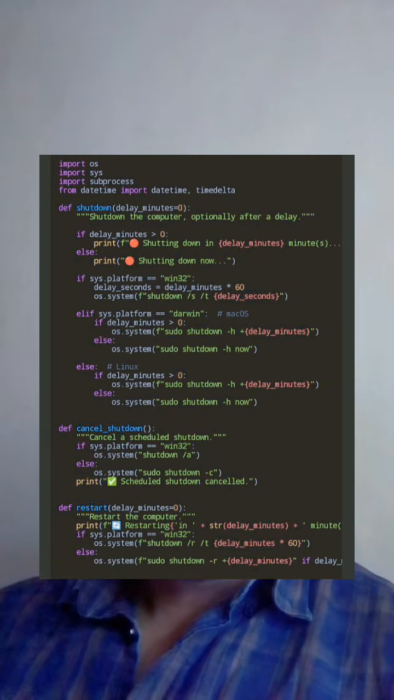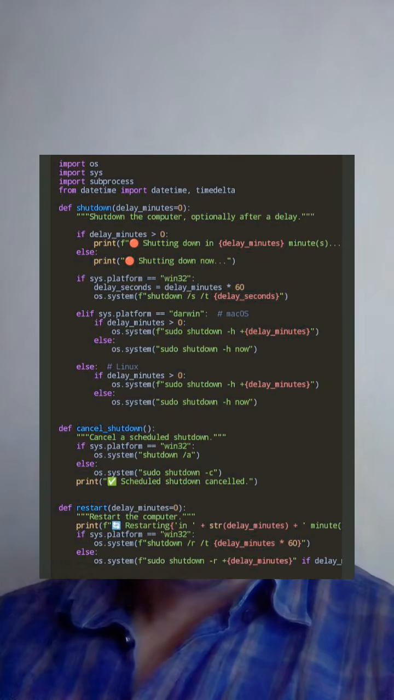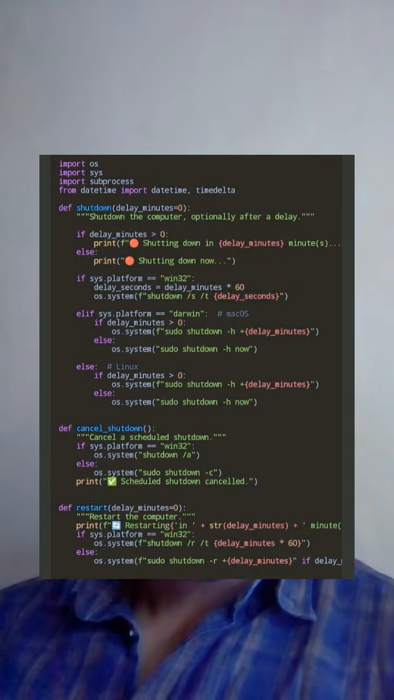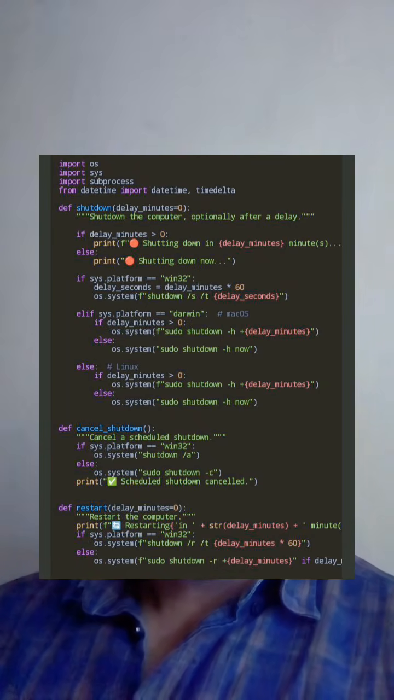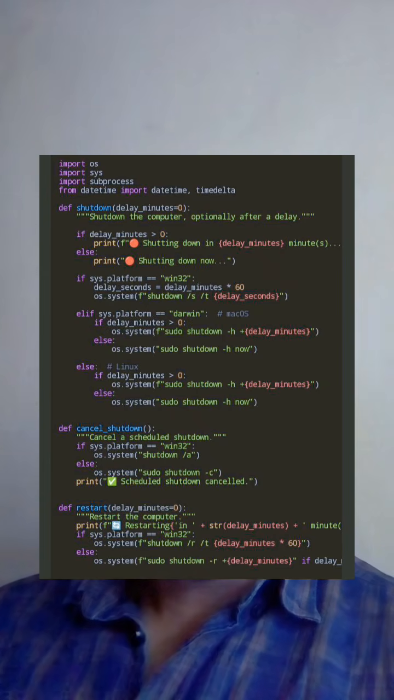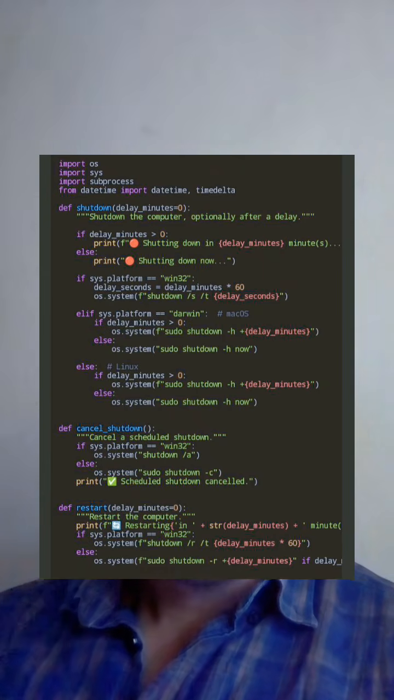which is going to take, of course, some arguments through the terminal. We're going to run the function through the terminal, and it's going to take a delay argument, which is going to determine after how much time it is going to do the shutdown. So we're checking for the delay, and then